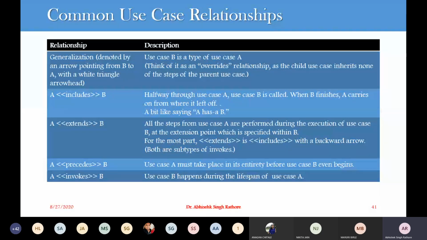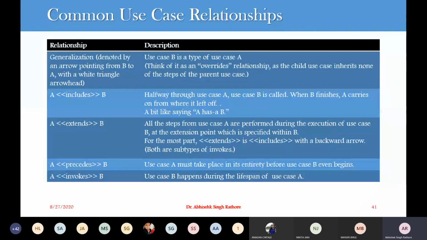Then we have another relationship known as the extend relationship, which is just the opposite of the include relationship. So it has a backward arrow, in the opposite direction of include.